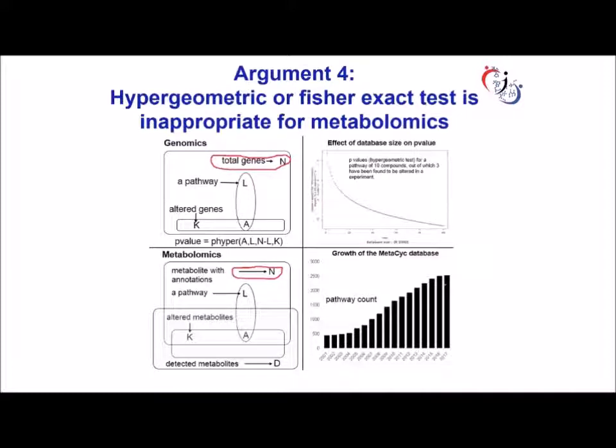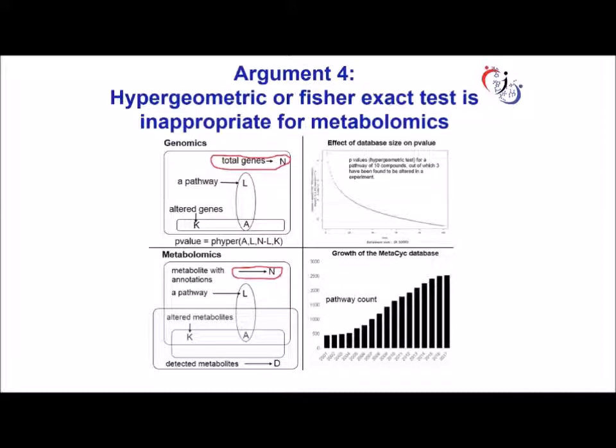As these definitions are included, more compounds are included in the background database, and with every update, if you rerun the pathway enrichment using a biochemical database, you will get different p-values for the same pathway. So a statistical method such as the hypergeometric test, which depends on a background database,